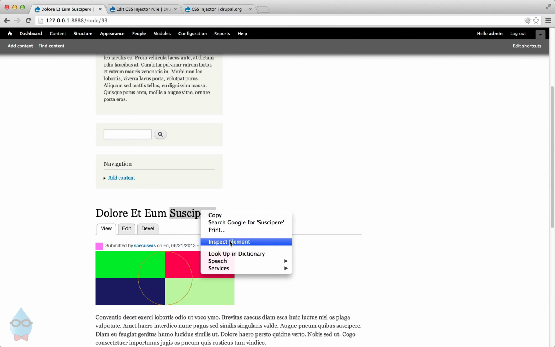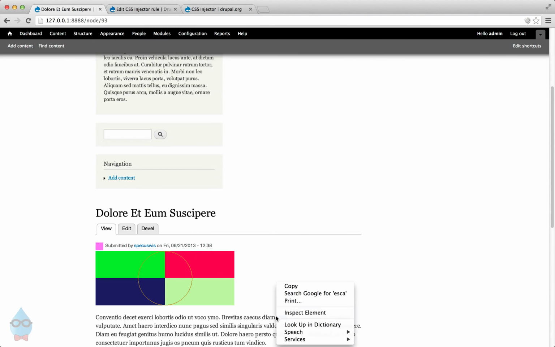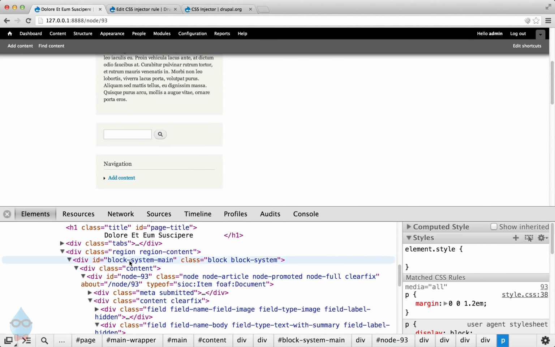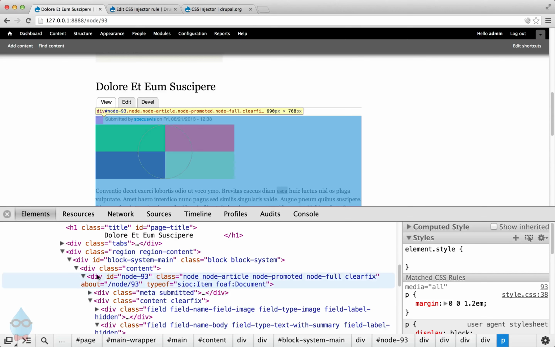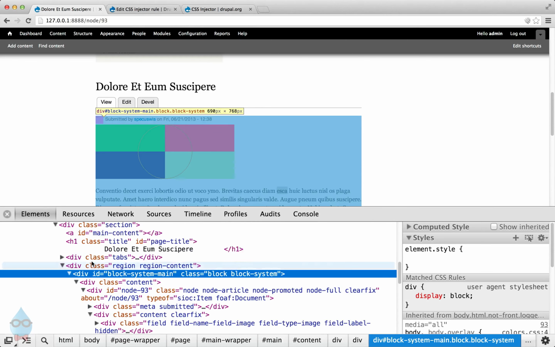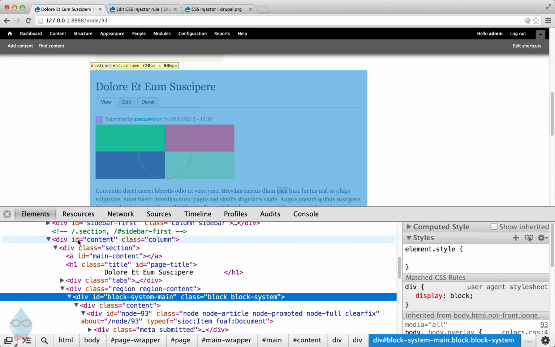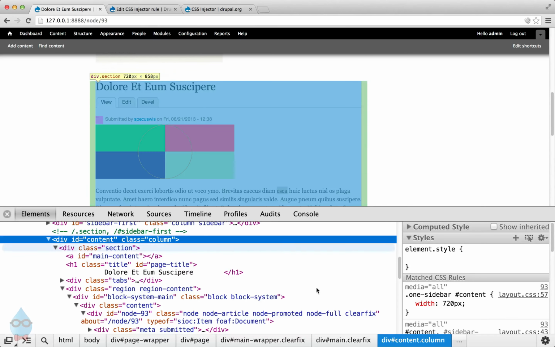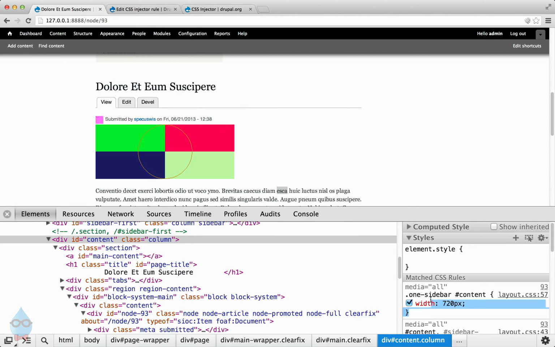So again, I need to highlight something here in the content region and choose Inspect Element. And if I go up a couple levels, I should be able to find the wrapper around the entire content area. And here it is. Okay, it's div ID content. This could be different if you're using a different theme. In the Bartik theme, it looks like this. And again, over here on this side, we can see that here's the CSS selector that specifies the width at 720. So I'm going to copy that,